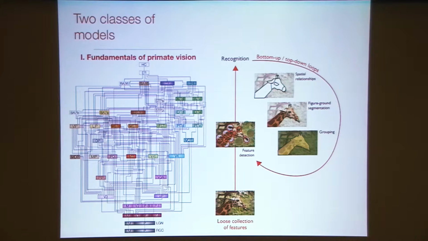All right, so what I want to do for the remainder of this lecture, until the break, is give you an overview of a set of basic facts that have been accumulated over the past 40, 50 years of visual neuroscience. I want to give you a high-level view of what is currently known about the organization, the anatomy, and the physiology of one part of the visual system, which we believe plays a critical role in our ability to recognize objects, which is the ventral stream of the visual cortex.